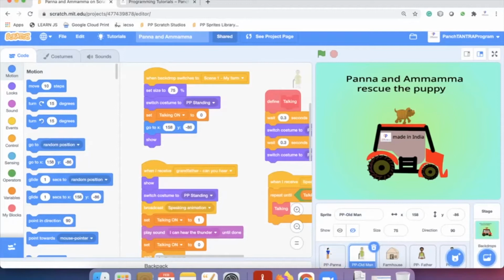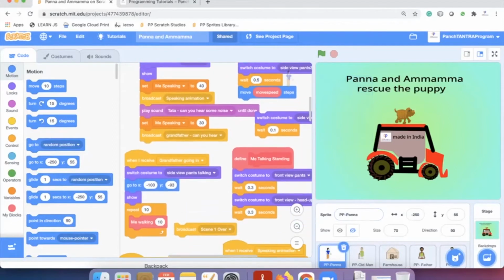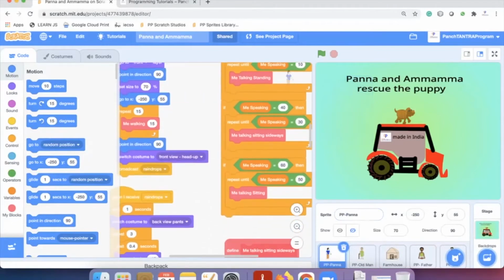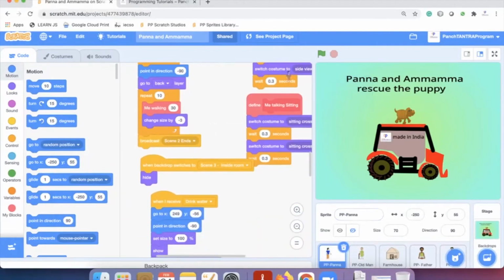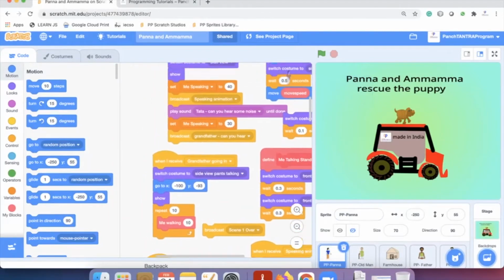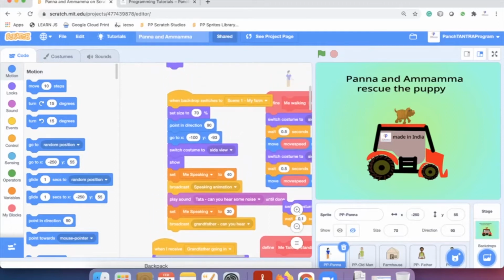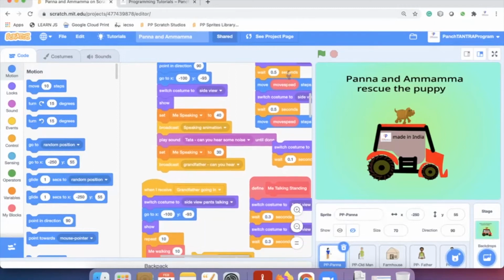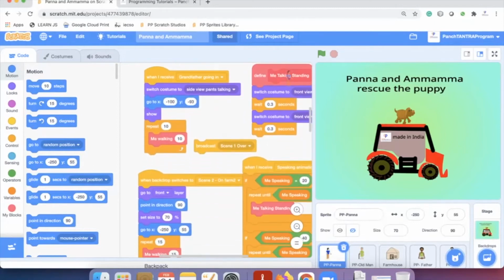So you look at the code, everything is on. So we are going to look at the girl's code because that is the main protagonist of the story and is going to have a lot of code. Now in the first scene, you see that we have set her size, and because she's going to be walking in both the directions, we have also set that, and the position and the costume. All the initial settings we have been speaking to you about have been set for her. And when she finishes this,